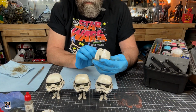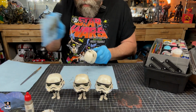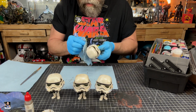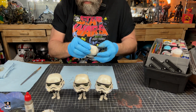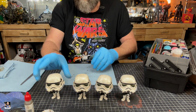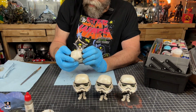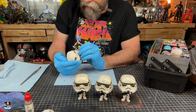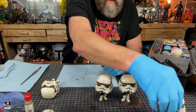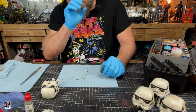We are moving right along with dirtying up these troopers. I'm just doing a little fine tuning here, a little quality control. But so far, I am really digging the way these are coming out. Really, really enjoying this. This is cool. So one of the next things I want to try, I'm going to move these over, a couple of things,